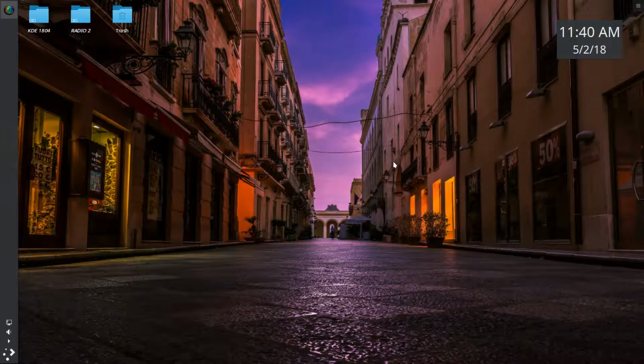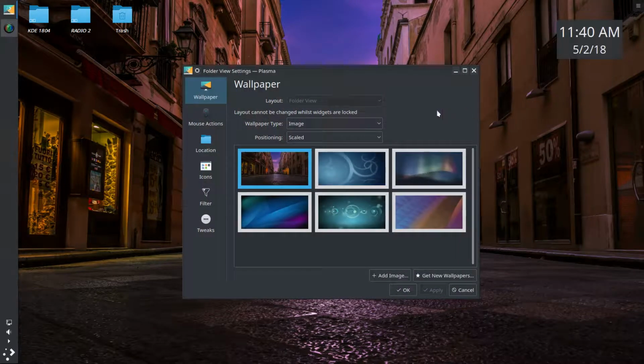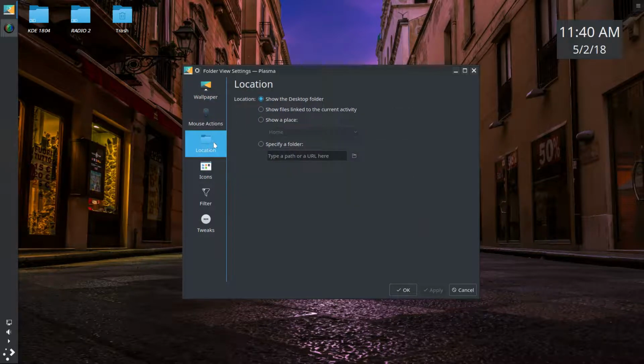Let me close that out. What else I want to show you? If you want to create shortcuts on the desktop, depending on how you have this laid out, I guess I could show you here. You click on the hamburger menu, configure desktop. Folder view is grayed out because there's something. I believe it's here where I have this show the desktop folder, and I believe that's why it's grayed out. If you change this, then you'll get different options for how things are laid out here. So I'm showing the desktop folder, and in doing that,